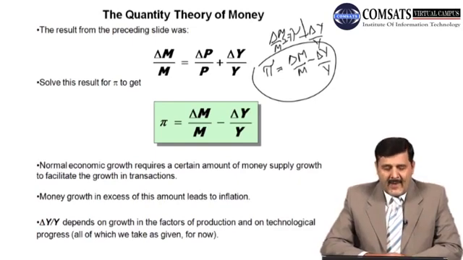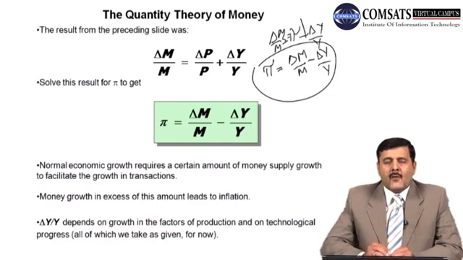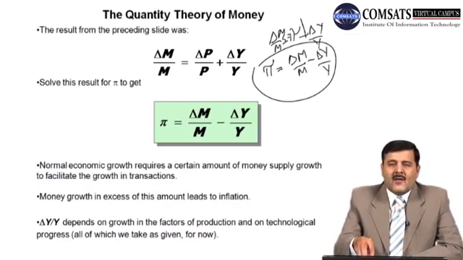तो हम ये कह सकते हैं कि delta Y over Y जो चीज़ है, it depends on growth in the factors of production and technological progress. So हम ये कहते हैं कि change in output over actual Y, or the change in output over output depends on the growth rate of factors of production in the economy, depends how much factors of production are there, and that is the capital and labor. Normally all of these factors are constant, are given, right? So or suppose they are given, तो हम ये कहते हैं कि ये term ख़त्म हो जाती है,